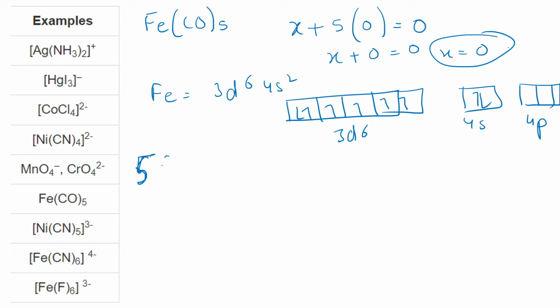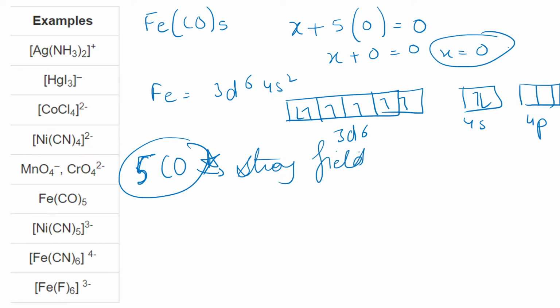Since 5 carbonyls are there, and carbonyl is a strong field ligand, pairing will happen. This electron will come over here, and this one will come over here. We'll be having one vacant d orbital. So if we do the overall pairing,